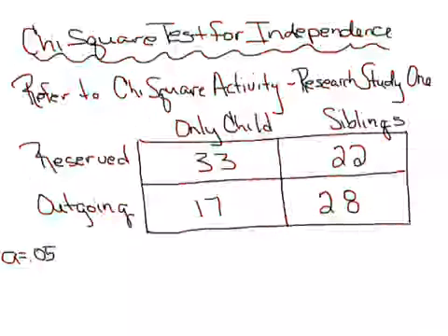I'm going to walk through how to calculate a chi-square test for independence. And I'm going to use the in-class activity that is available in Module 4, specifically Research Study 1. So I have the data set up, but on the in-class activity it does not show the data set up like this. What it does is it gives you a research scenario, and you have to kind of figure out